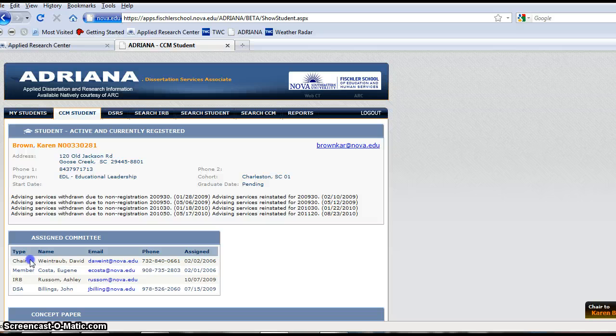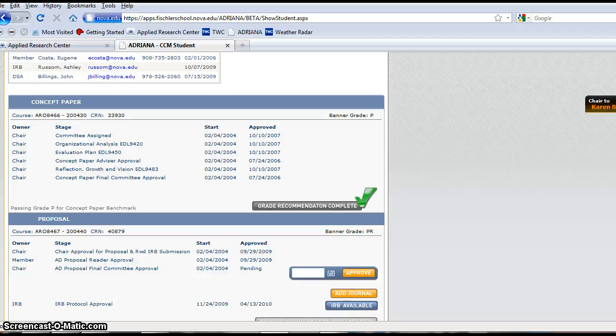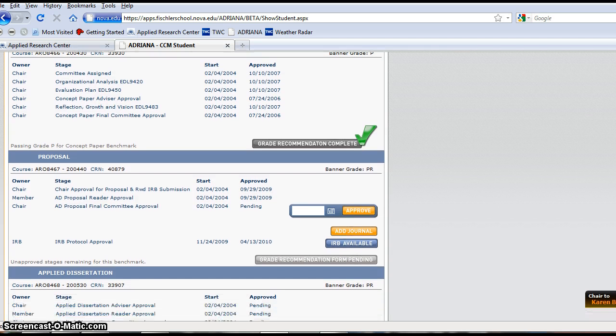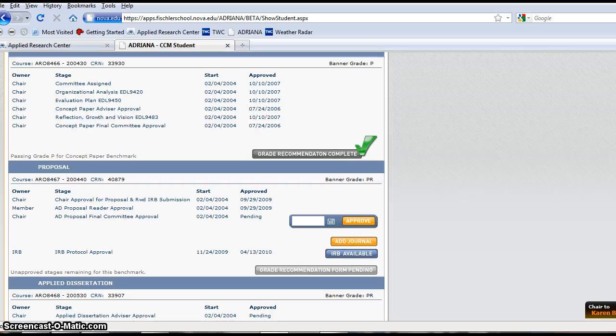Farther down you'll notice the name of the chair, the member, the IRB person assigned to them at that point, and their dissertation services associate. And then the three main benchmarks, the concept paper, the proposal, and the applied dissertation. In the case of this student, they've already completed their concept paper, so a grade has been noted here